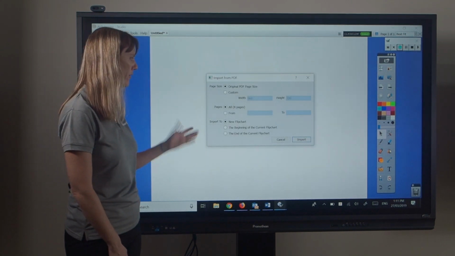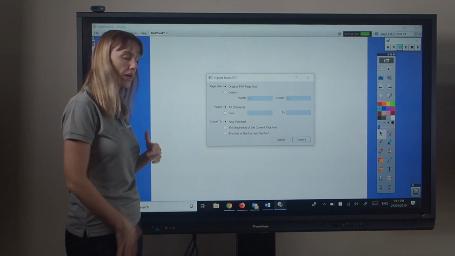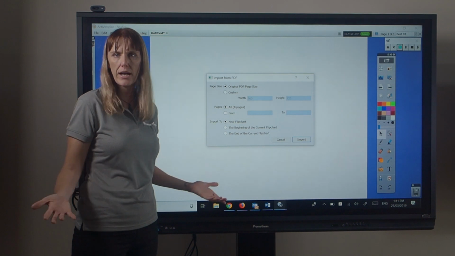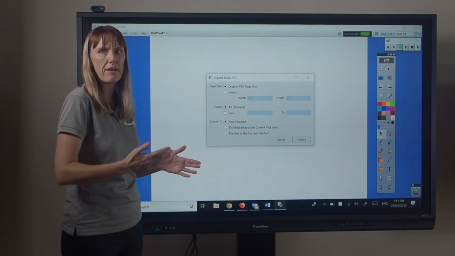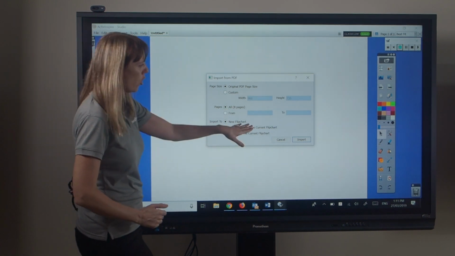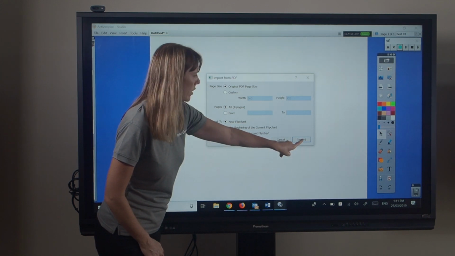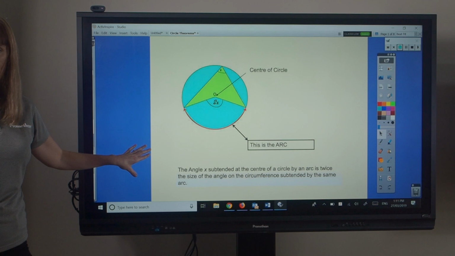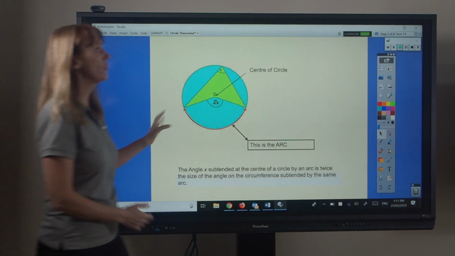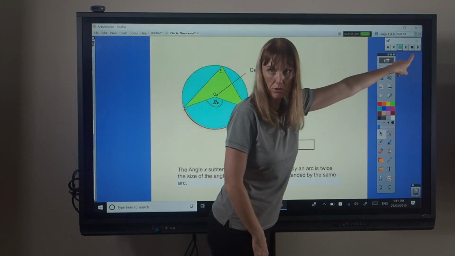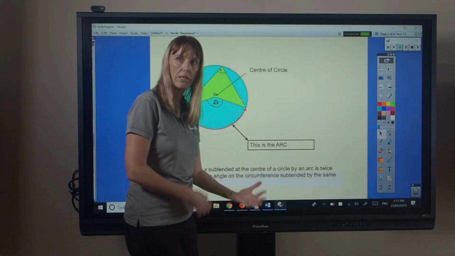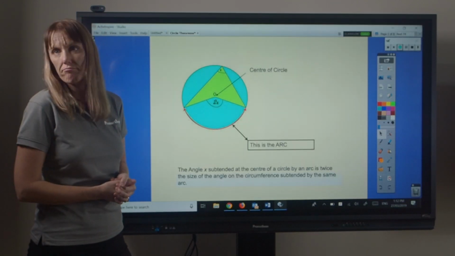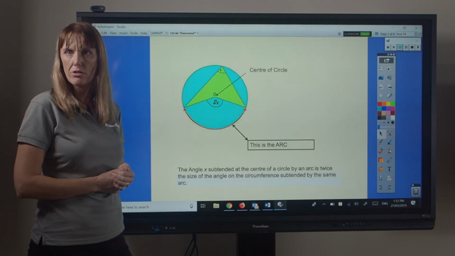This lets me choose if I want to pop it into the flip chart that I'm currently working in. So if I was compiling a flip chart of notes for the class for the week, I might pop it at the end of that flip chart, or pop it at the beginning, or leave it as it is for a new flip chart. And it's now popped that into ActivInspire so that I can use my tools like my screen recorder or my sound recorder over top of that in a way that perhaps I couldn't use for